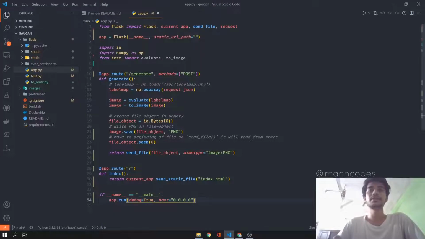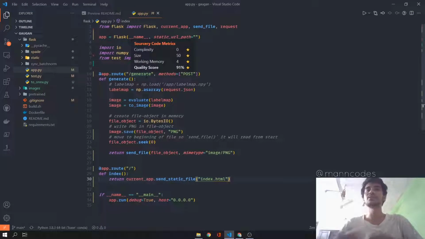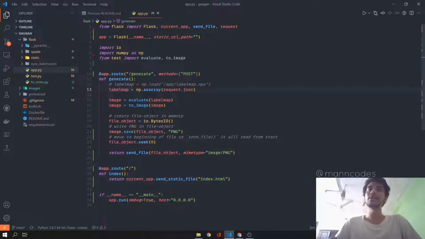We then give two routes to it. One is the default that renders the index.html, and the second is the generate route, which accepts a post request where we take the input label maps and then infer the label map itself,